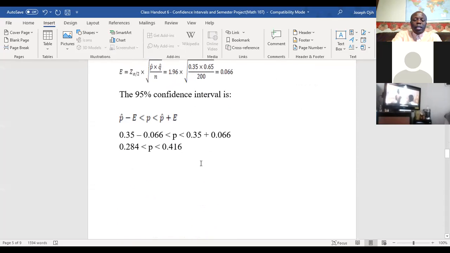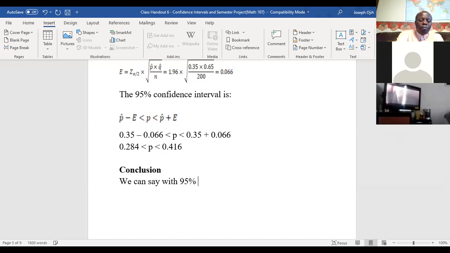Now, we can say that the conclusion here is: with 95% confidence that between 28.4% to 41.6%